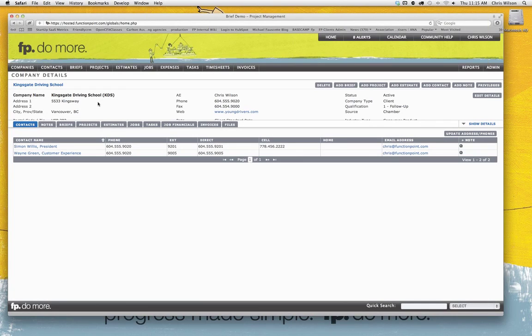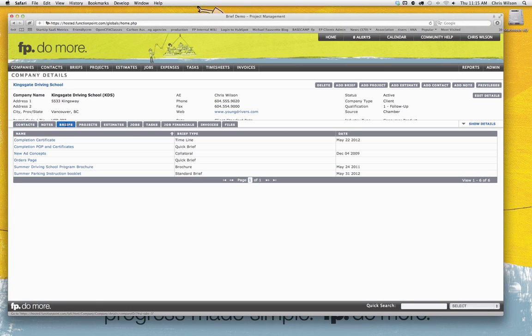So in this situation, that user can come in. They can just simply come up and select the Add Brief icon, but they can also get a quick overview of what's been done for this client in the past by choosing the appropriate tabs within the lower section.